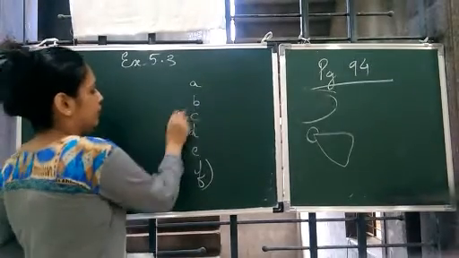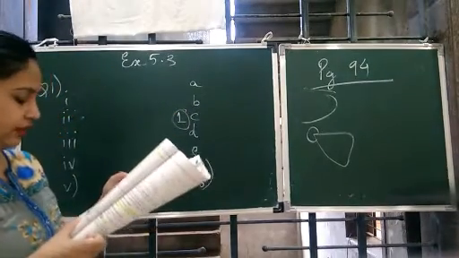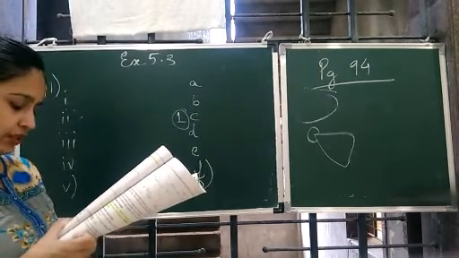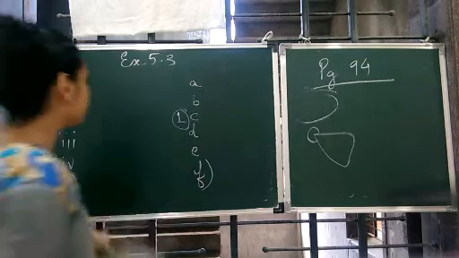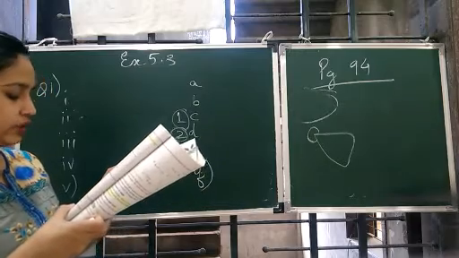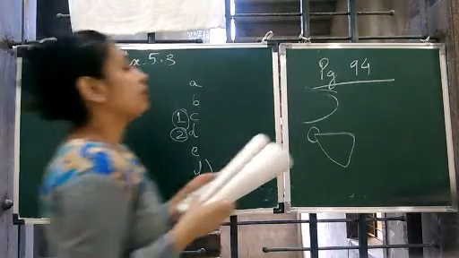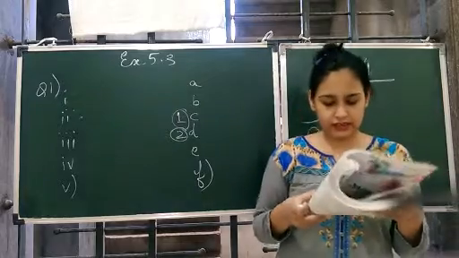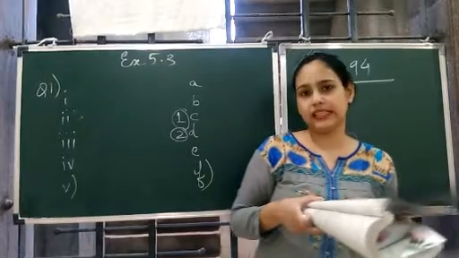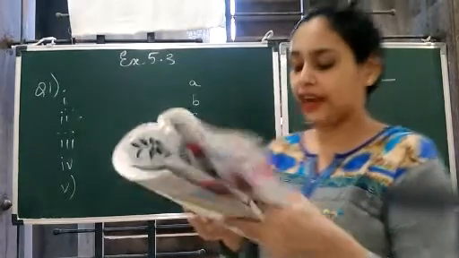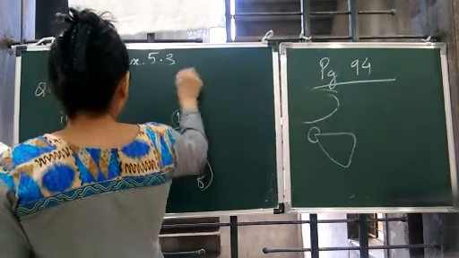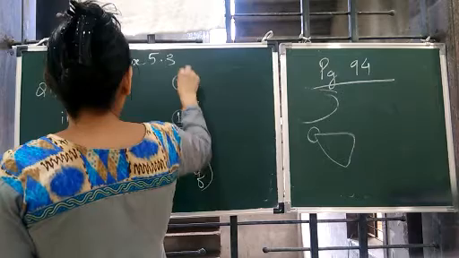So you are going to mark here. This one is first. Then right angle. Right angle will be quarter revolution. Yes. Quarter revolution means 1/4 of a revolution. That is 2. That is D. Then acute angle. Acute angle will be less than 90 degree. Yes. So less than 90 degree means less than quarter revolution, that is less than 1/4 of the revolution. That is third one. Is A. Option A is third.